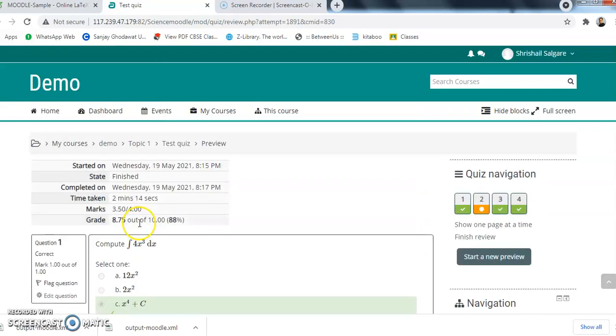So like that. So generally what happens, mathematics people feel it difficult to import questions one by one, and there is no software available to include the mathematical equations or the symbols directly. In such a case, they can use this method to import a question by using that Moodle.xml.